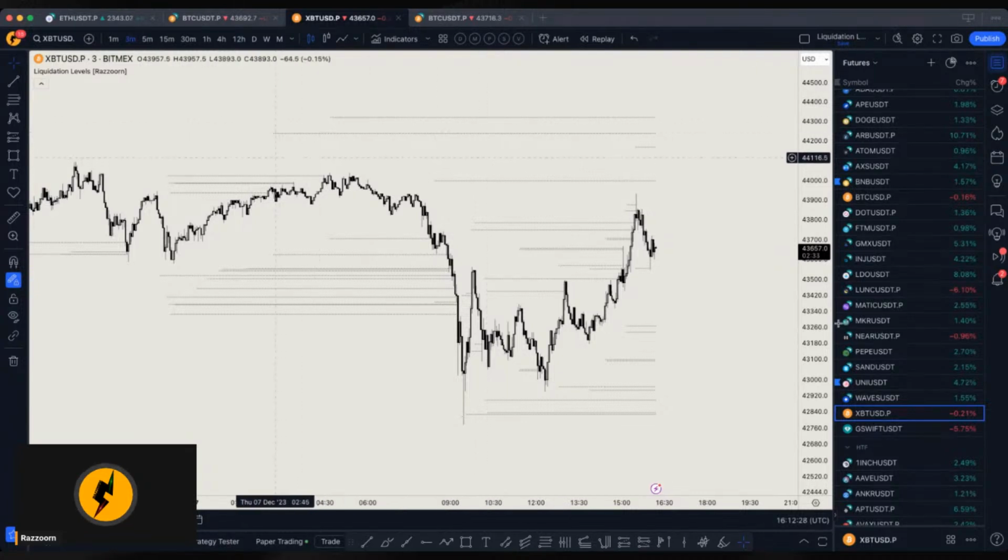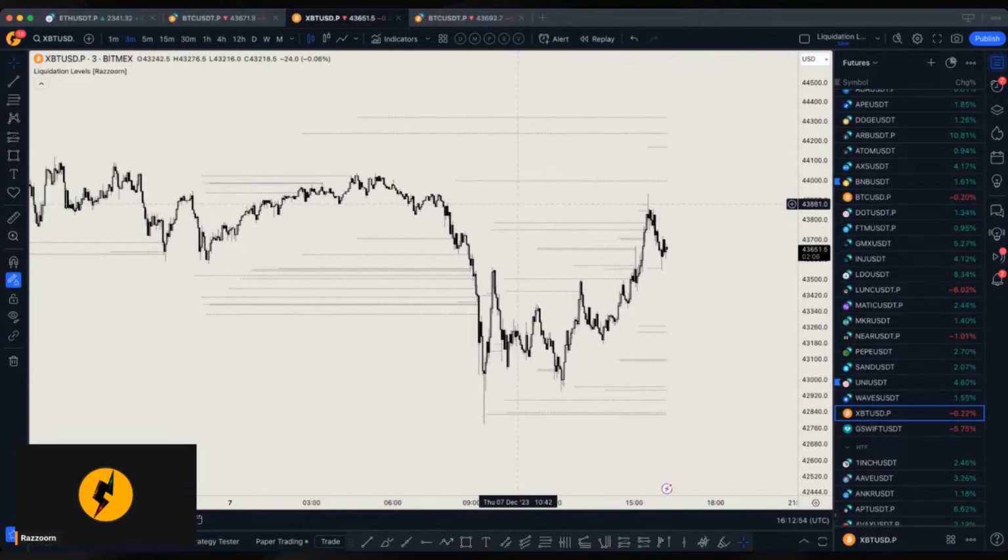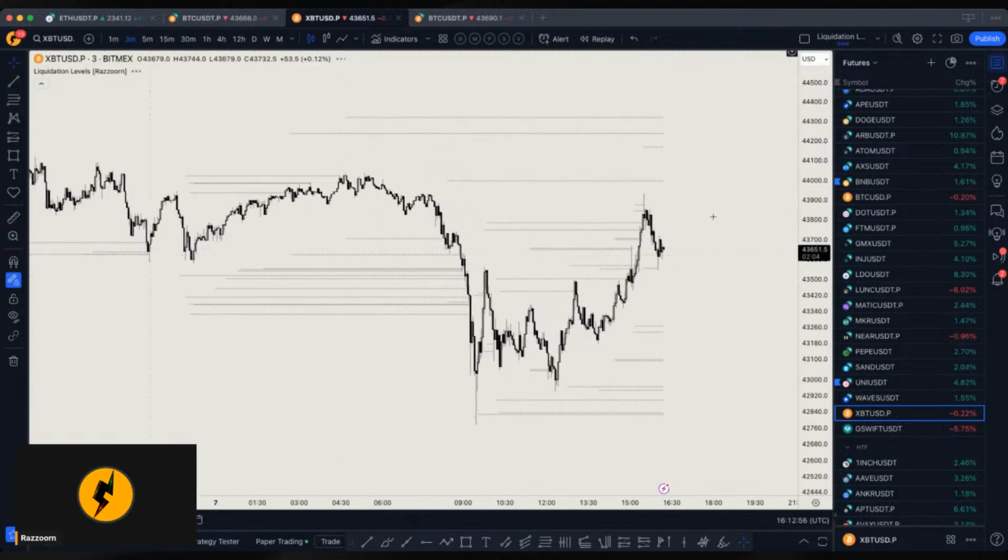That's how it works, and how like 95% of other liquidation heat map indicators work. But again, it's always about how efficient and reliable your tools are, right? To show you how you can use it on your charts,